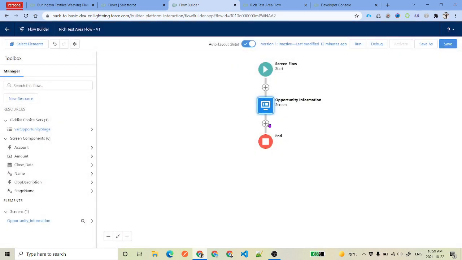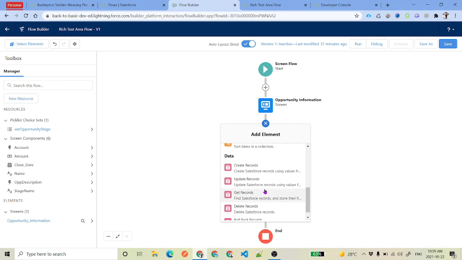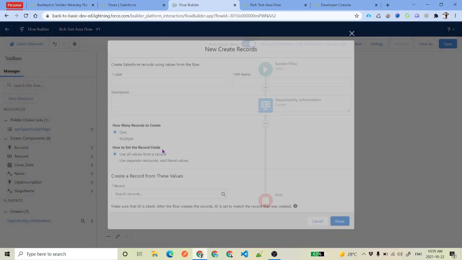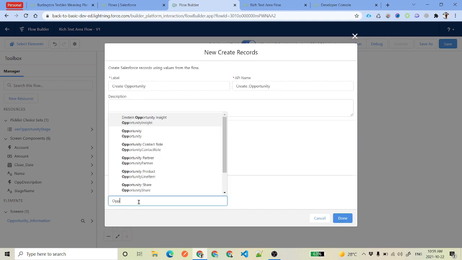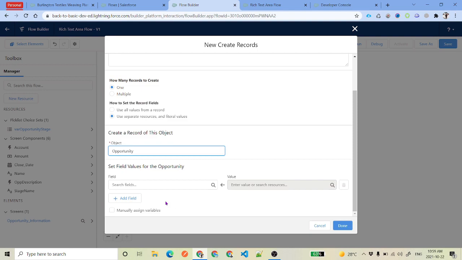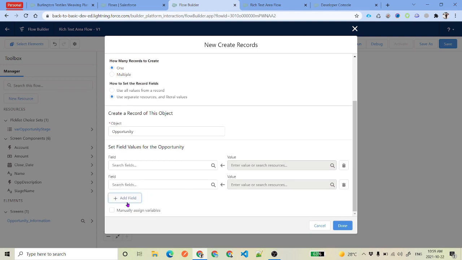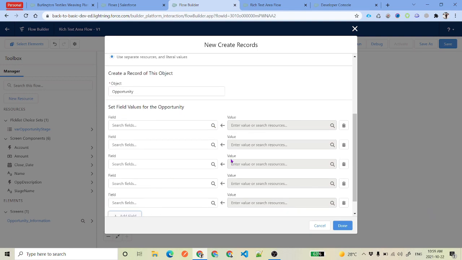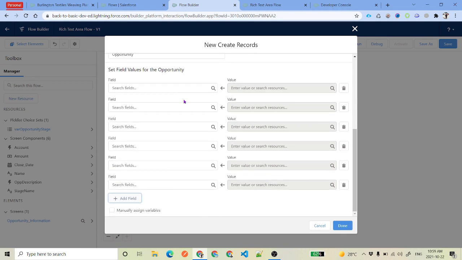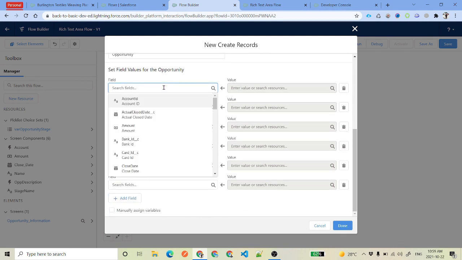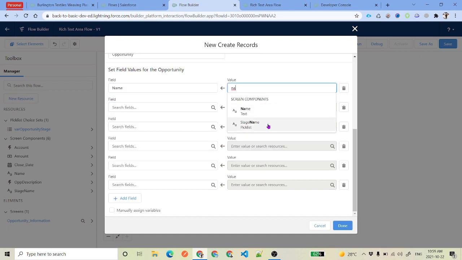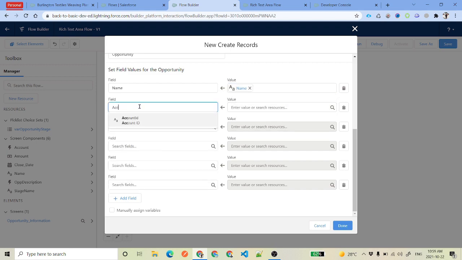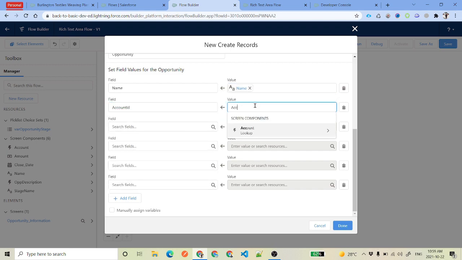And then what we'll do is add a create record component over here, which is going to create the opportunity for us. Now it's done. We are going to use the separate values so that we can choose the object which we want to create. We have name, account, stage name, amount, close date, and description. These are the values that we have. So just go ahead and map these values. Like name, you already have the name, so you have to use the component which is name. Then you have the account ID. You already know how to do that. You have the lookup, and then record ID is the one.